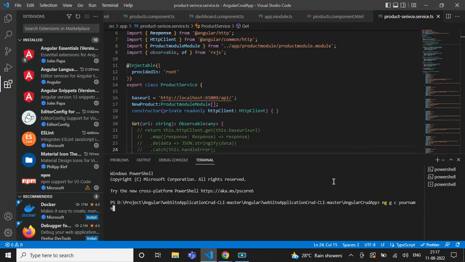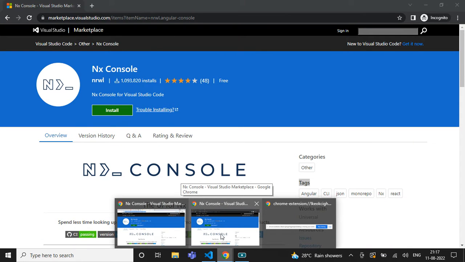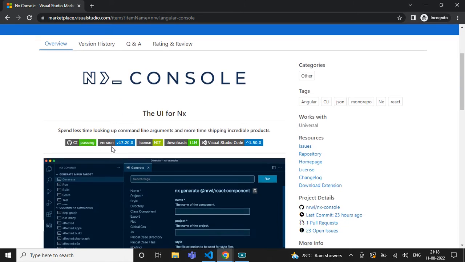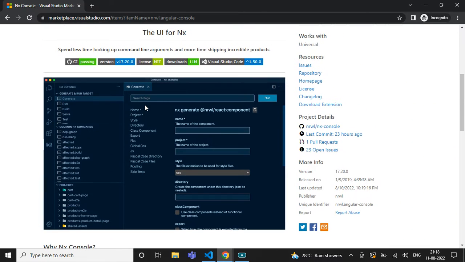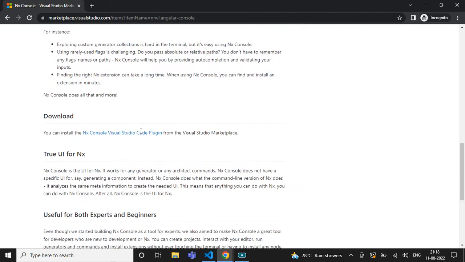So to automate this process, we have come across a particular library called ng console. Ng console is very famous in the Angular dev community, and most developers and enterprise organizations use this particular extension, and it is very widely used. So what are the features you will get as a developer while you're working on this particular